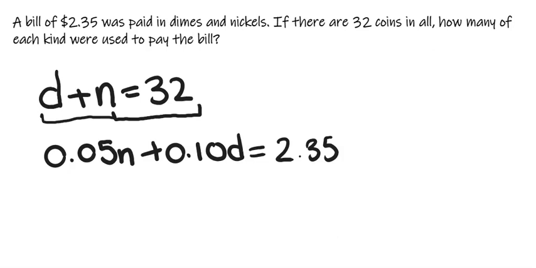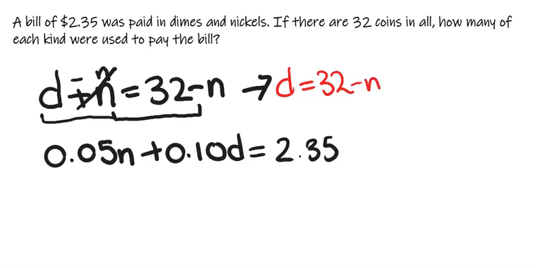Since we're adding N on this side, we'll subtract N to cancel out. And whatever we do on one side of the equation, we have to do on the other, so we'll also subtract N over here. Now we have D is equal to 32